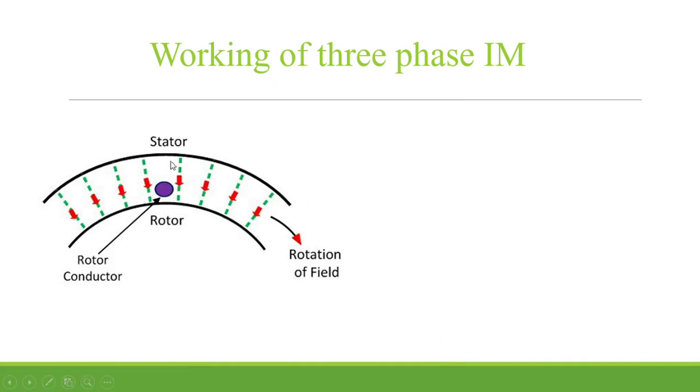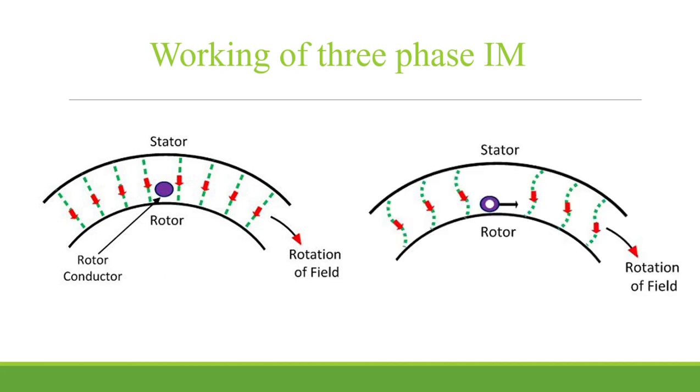So this is what happens in an induction motor. The relative speed which gets developed between the rotating flux and the static rotor will cause current generation, and as per Lenz's law, this rotor will rotate in the same direction as the rotating magnetic field. Why will it rotate in the same direction? Because according to Lenz's law, it would avoid the cause. It would try to reduce the cause. So the relative velocity between the stator flux and the stationary rotor was the cause.